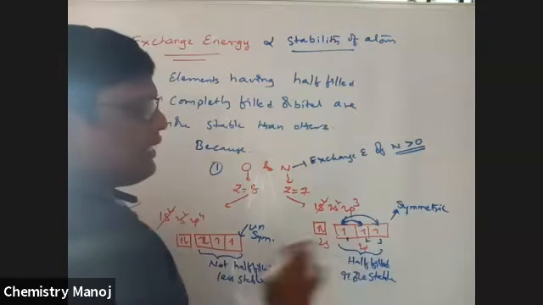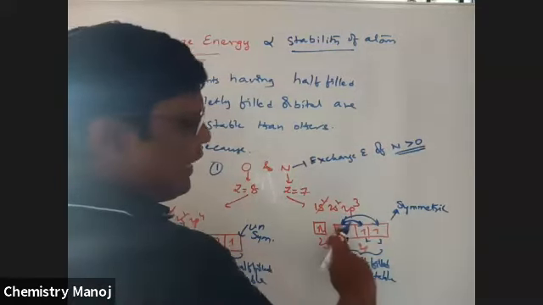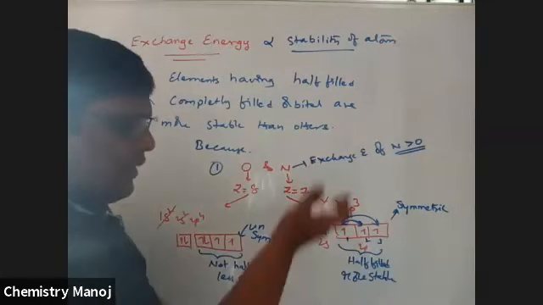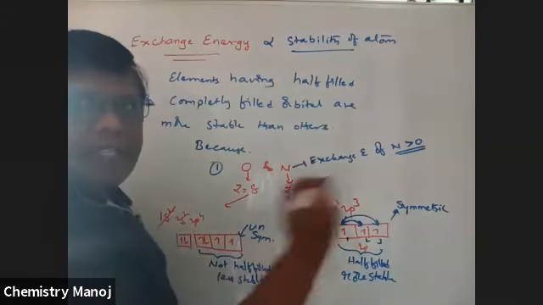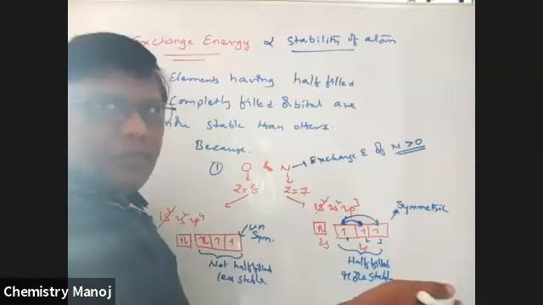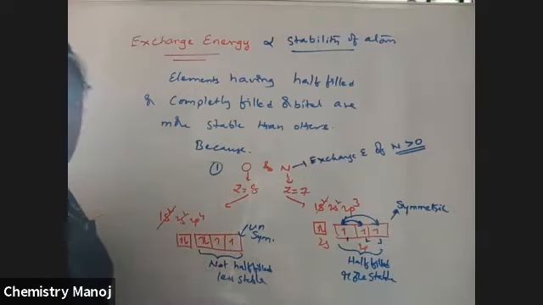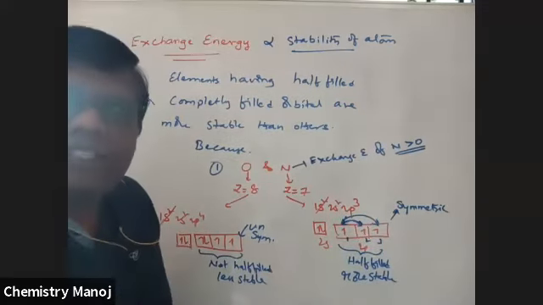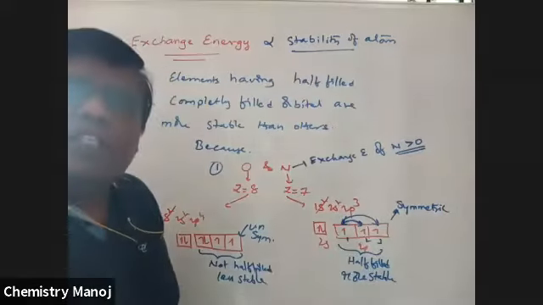Because they create more space, exchange between the electrons takes place. Wherever exchange takes place, they automatically lose energy. Their energy decreases, and wherever energy is decreased, stability is more. More exchanges, more energy is lost. More energy is lost, less energy exists internally. Less energy, more stability. So wherever inner energy is less, stability is more.